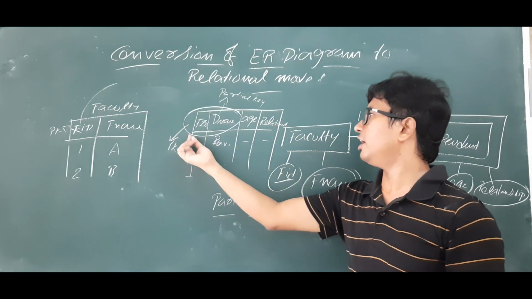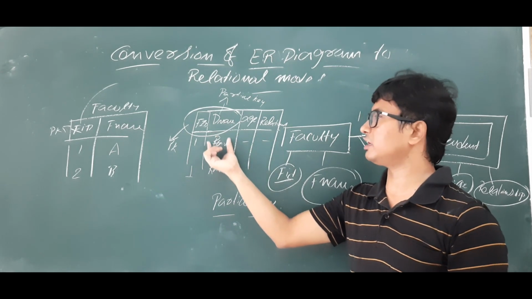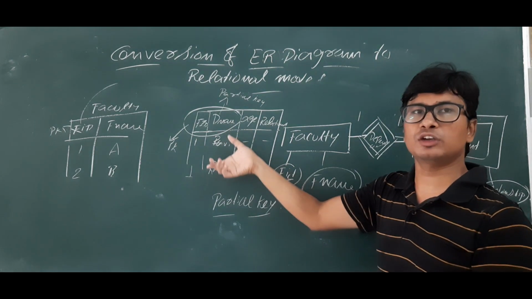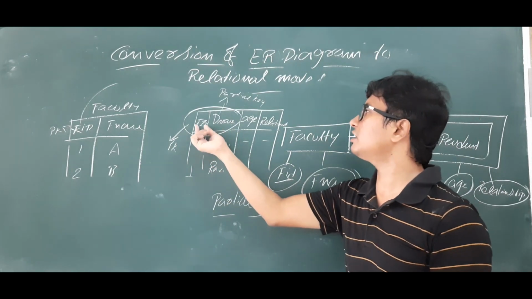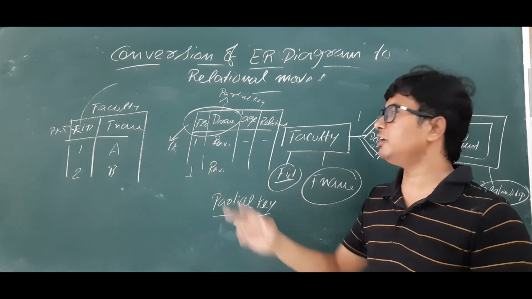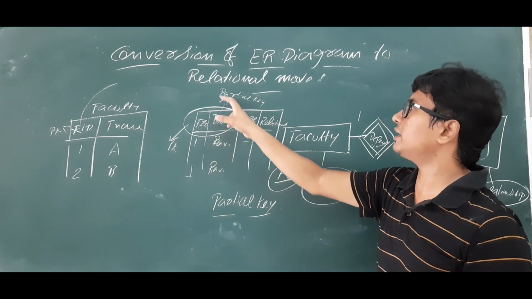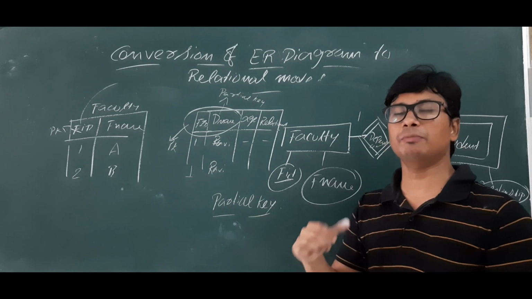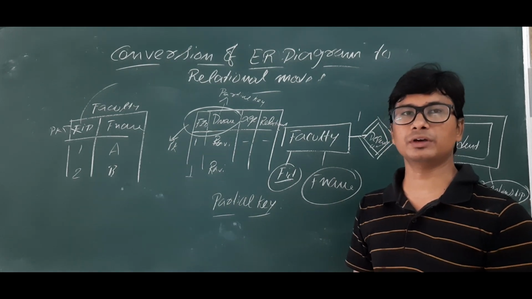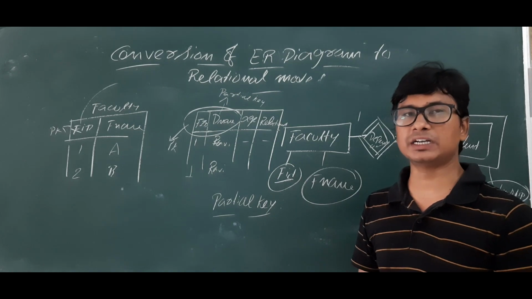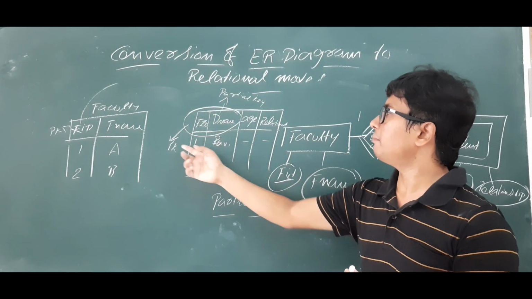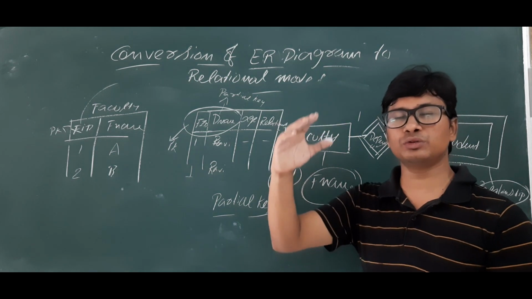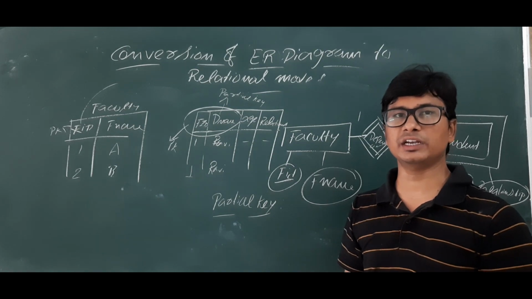If Ravi is the son of faculty ID 1, he will not use Ravi as the name for two kids. I am just giving an example. So faculty ID and dependent name combined will act as the primary key for this table, and dependent name we call a partial key in the weak entity. So a weak entity will have a partial key, but not a key attribute. I hope you have understood what a partial key is, and how we can have a primary key for the weak entity. Is it clear? I request everyone to go through the videos in sequence for better understanding. Thank you so much.